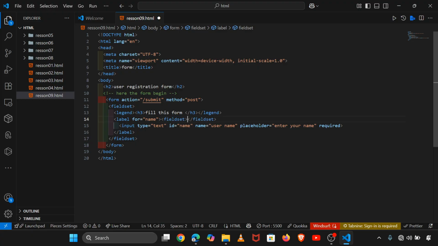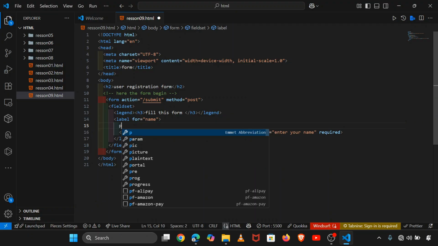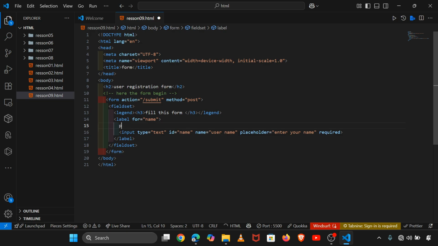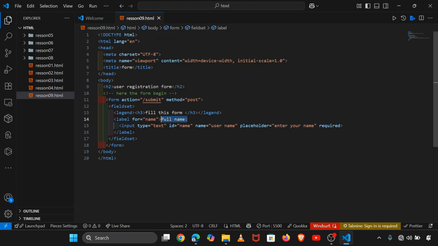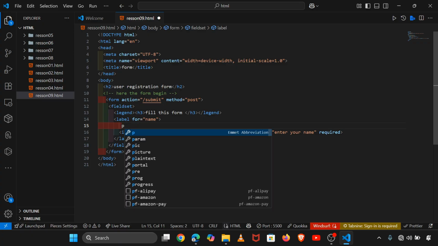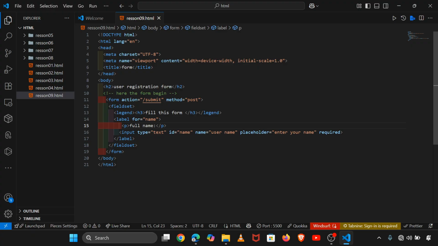You copy this full name, Control X, and you give it a paragraph, saying Control V. No, Control Z. Control X, create the paragraph here. You want the paragraph, Control V, Control S to save,